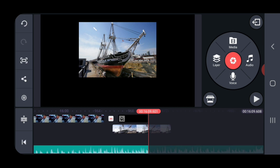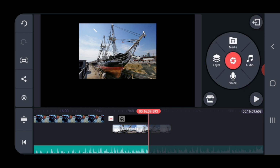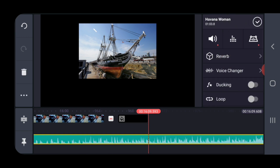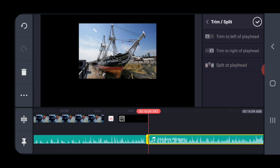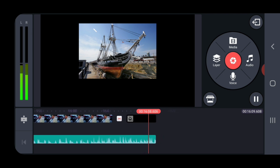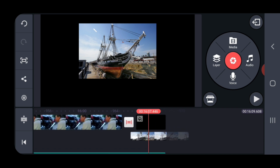Now, I talked about the Venezuelan Navy, and we're talking about transportation in this video, so that picture to me kind of makes a little bit of sense. I'm going to come down just a touch with it because I think that looks better. We'll call that good. And you can trim these if you want. Down here it says trim, split at playhead, and delete that last section. It doesn't matter. It's just one less thing that the deal has to...